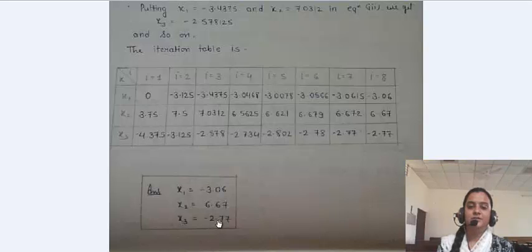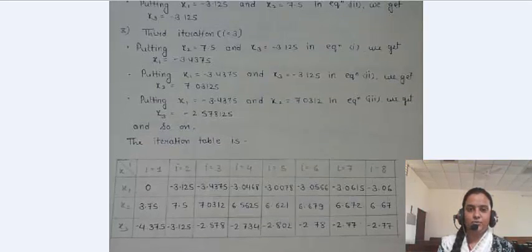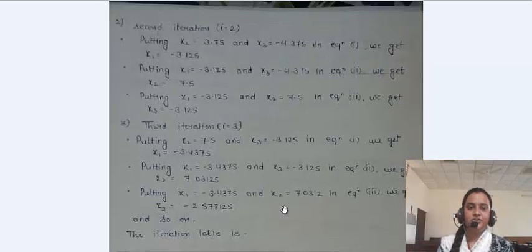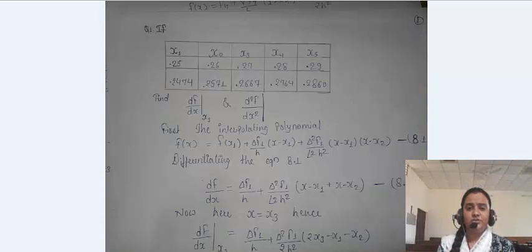This algorithm which we used here to solve this system of equations is the Gauss-Seidel method, where we have the iterations, and in the first iteration we put the values of x1, x2 and x3 is equal to 0. So this is what the Gauss-Seidel method is. Finally, we have solved all the 4 equations we were given.